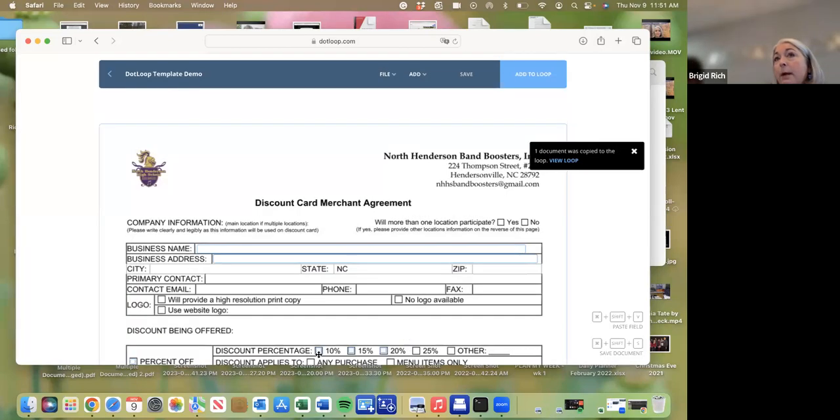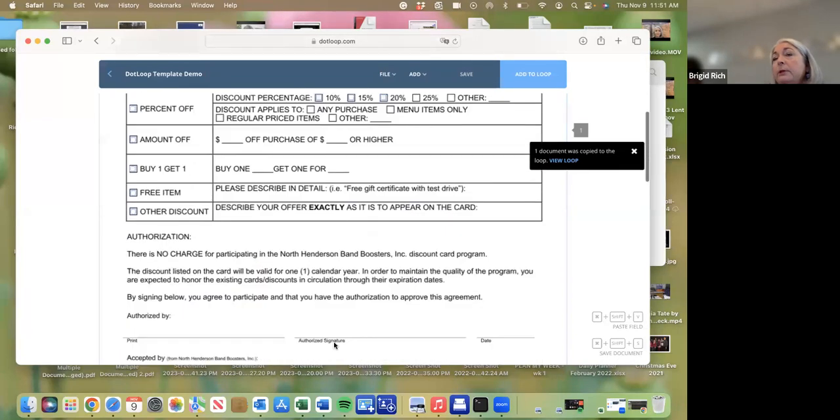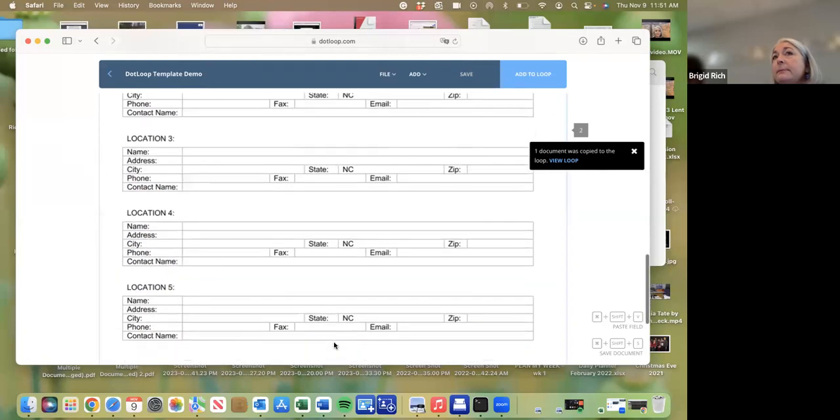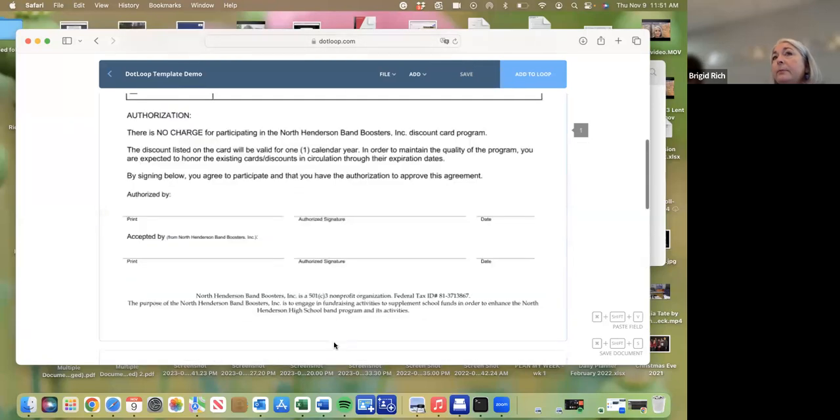Okay. Oh, it says share it, so I can share it. But you don't want to share it because this is a template. So you need to save it as a template. So this is,